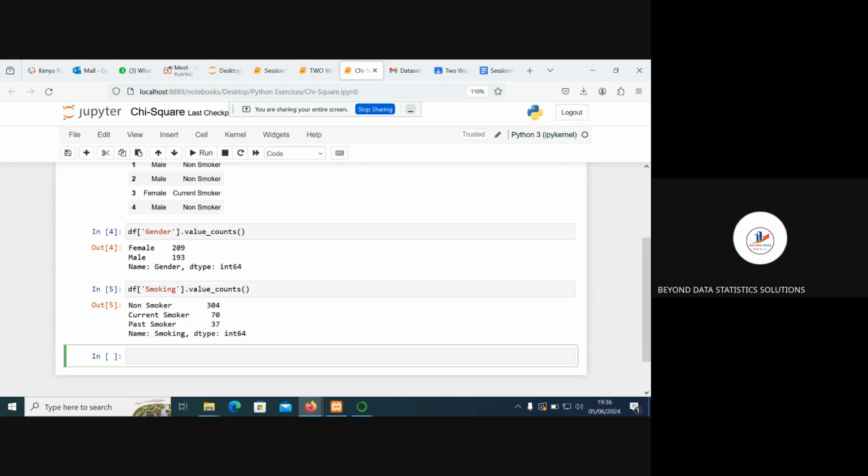And then, yeah, we can see that non-smokers, there are 304, current smokers 70, past smokers 37. So that's the data that we have here. And maybe we just wanted to check if there is an association between gender and the smoking categories. So what we do is,